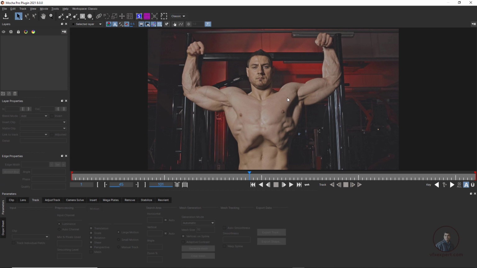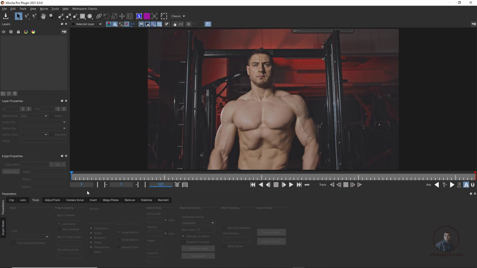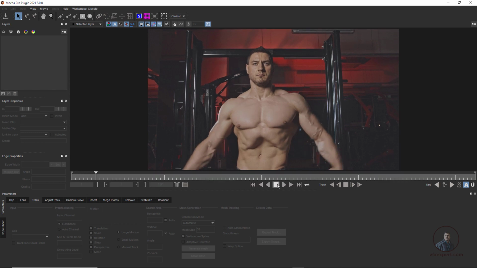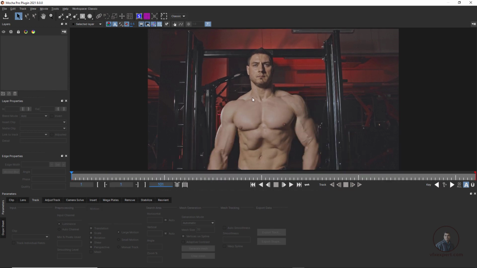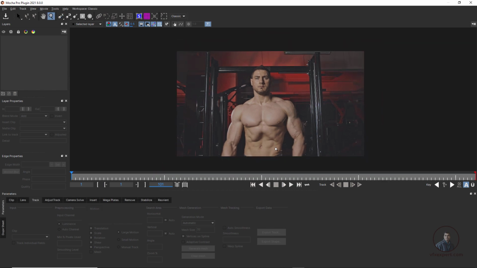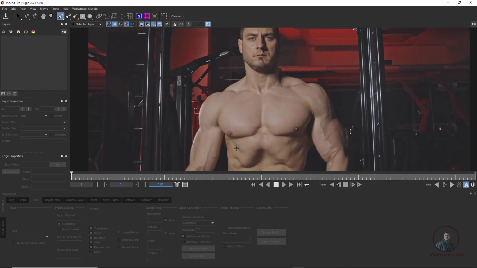Now you can see the footage in Mocha Pro 2021. Here you can see I am using Mocha Pro 2021 because Mesh Tracker is only available in Mocha 2021. We have to track this surface with the help of Mesh Tracker. First we have to create a shape, so I am going to create our shape in the first frame. Take the X-spline tool or any tool which is sufficient for you, then zoom in a little bit and create it.